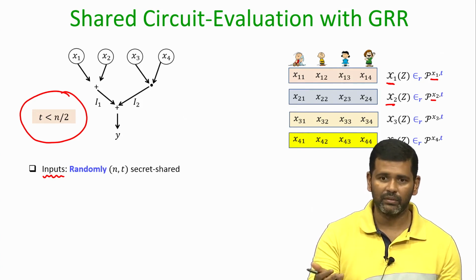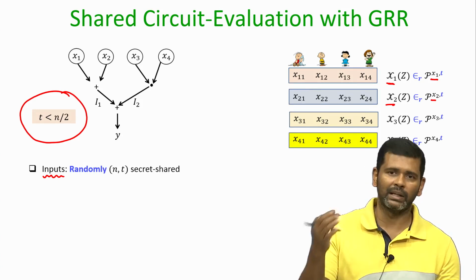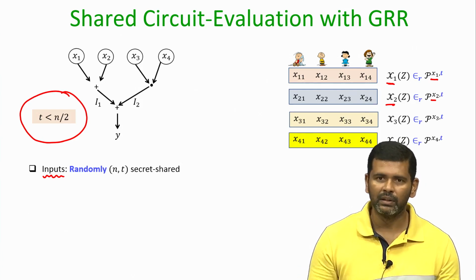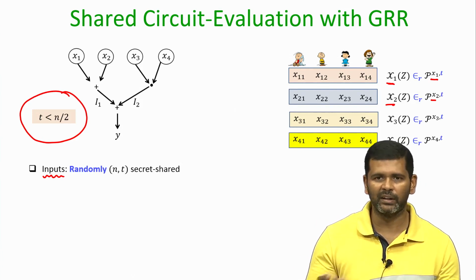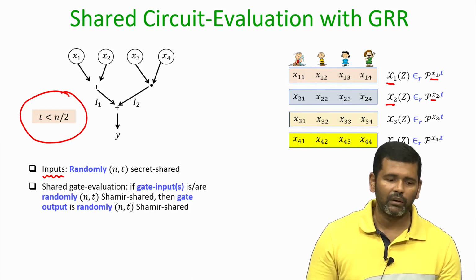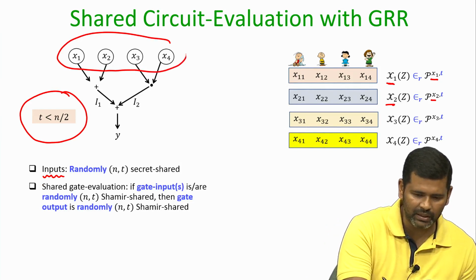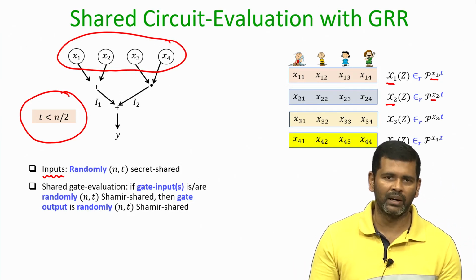Okay. So, there is no dependency that P1 should secret share the input x1 and then only P2 go and secret share the input, because all these polynomials fancy x1, fancy x2, fancy x3, fancy x4, they are picked independently by the respective dealers. And now once the inputs are secret shared, the parties start interacting to maintain the shared circuit evaluation.